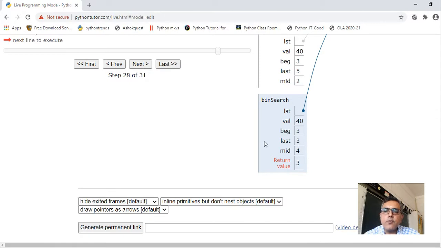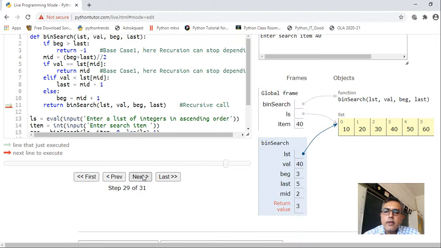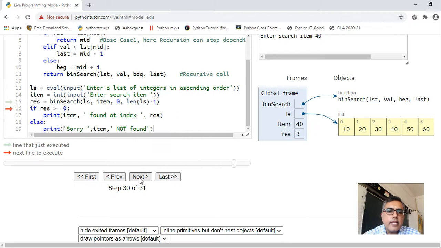Here also return value will become 3 because you had called binary search, na? So earlier binary search is returning 3, so this binary search will also return 3, right? Then again this binary search will again return 3, and finally this 3 will be returned here in the main area.